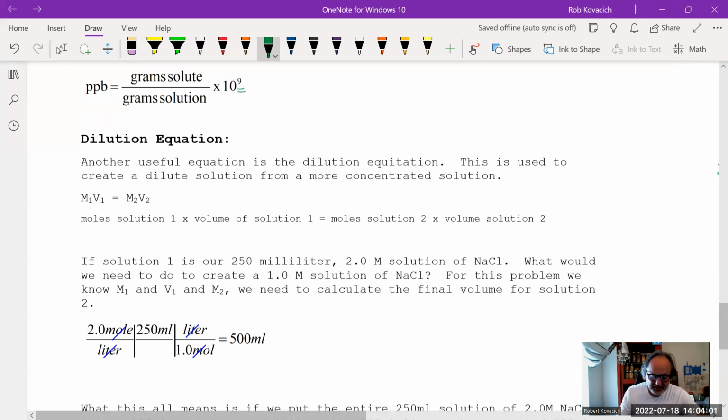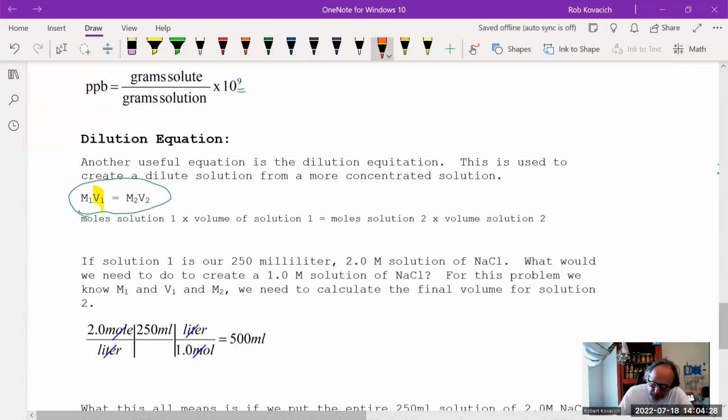That's it. And here's the equation. The concentration of what I'm starting with times the volume of what I'm starting with equals the concentration of what I want times the volume of what I want. So when we're doing these problems, you're always looking for volume 1. So the way this works for me is, let's say that I wanted to make